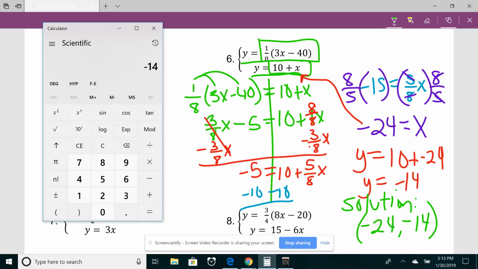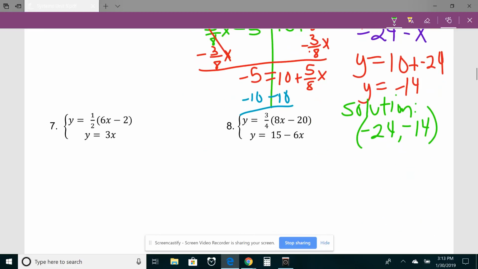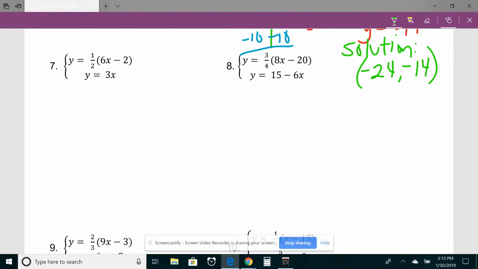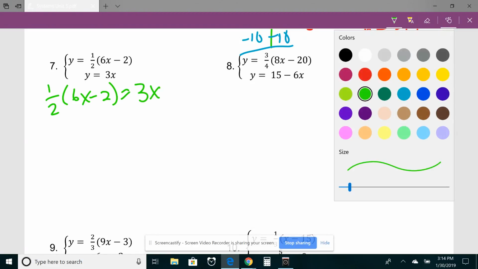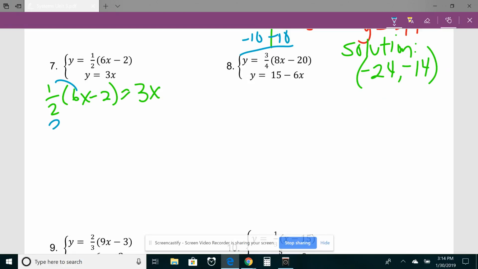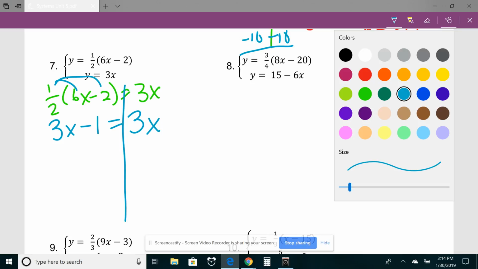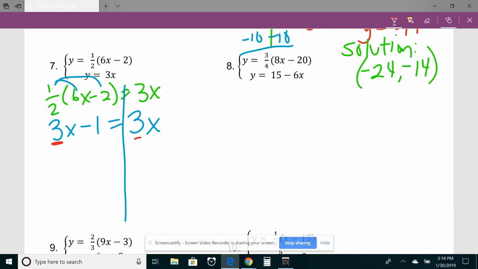All right, I want to look at one more problem. Number 7. Now in this one, again, the y's are isolated. I can just set them equal to each other. Then I distribute. 1/2 of 6x is 3x. 1/2 of negative 2 is negative 1. Oh, so now notice here in our equation, we have 3x minus 1 equals 3x. So we have the same coefficient,